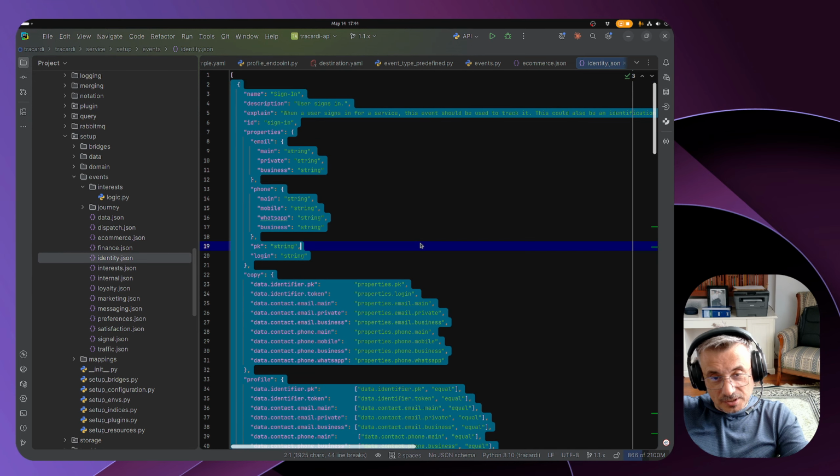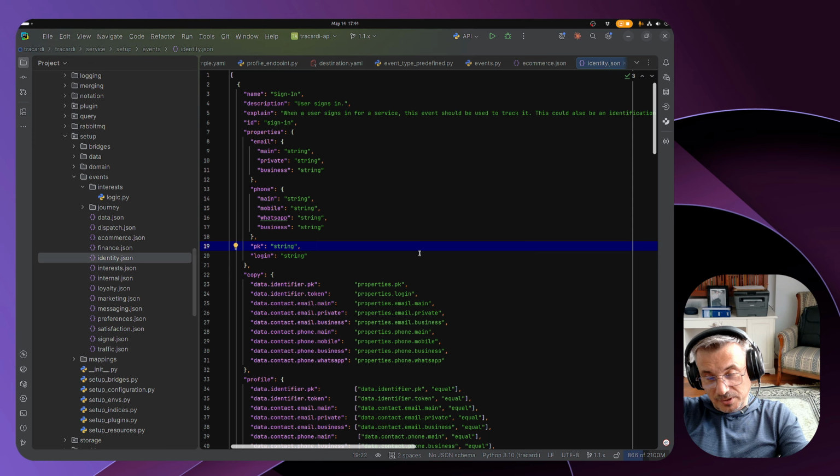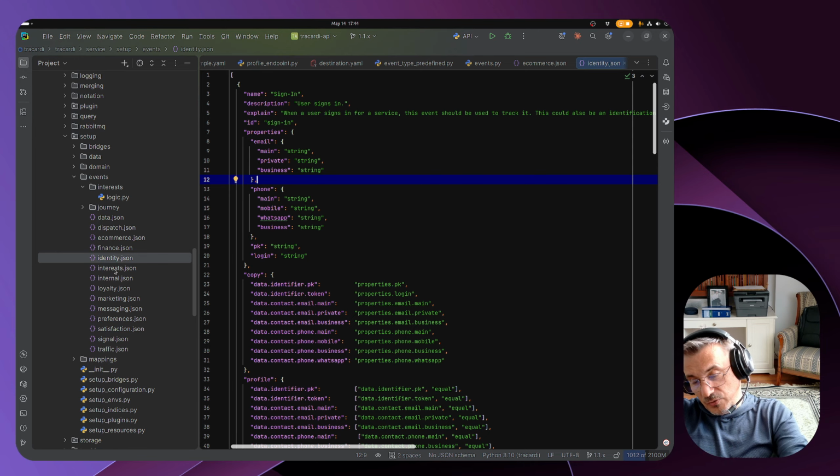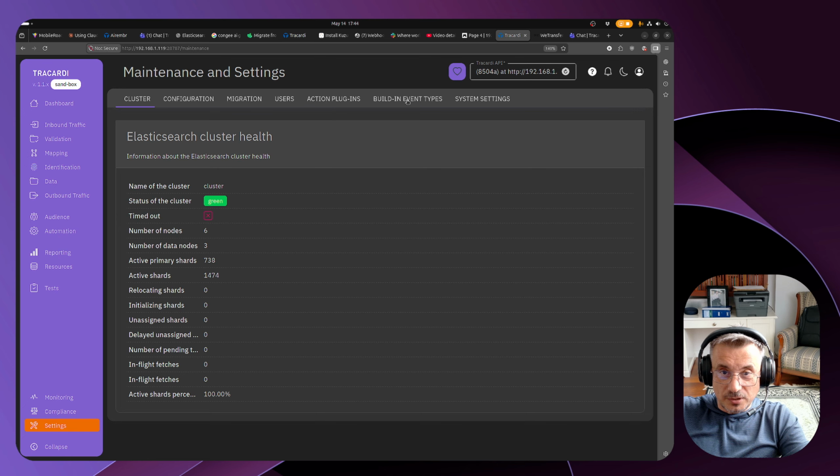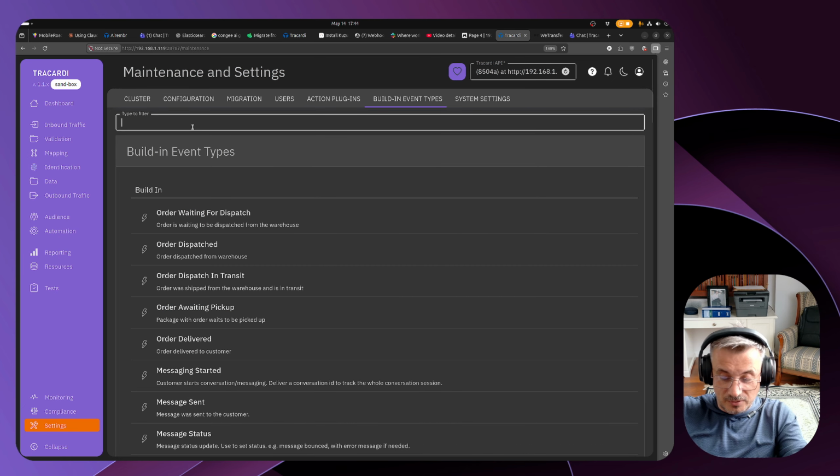I will copy this and paste it into the comment of this video. So you can grab it and then create an array of such built-in events, create a JSON file that we can copy into a Trocardio version, and then a new version that comes will have these events predefined, and you will see them here in the built-in event types, and you can even type whatever name you